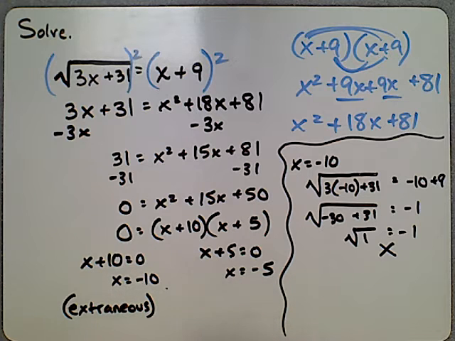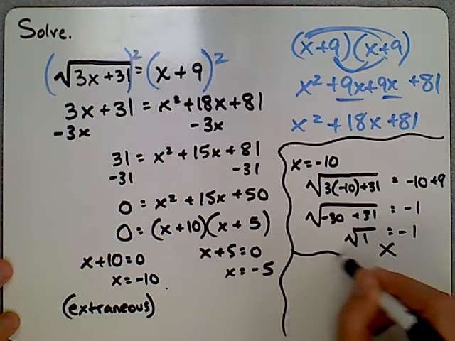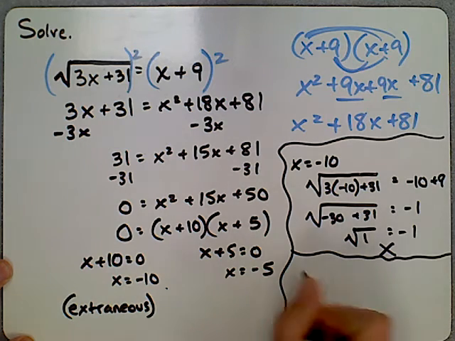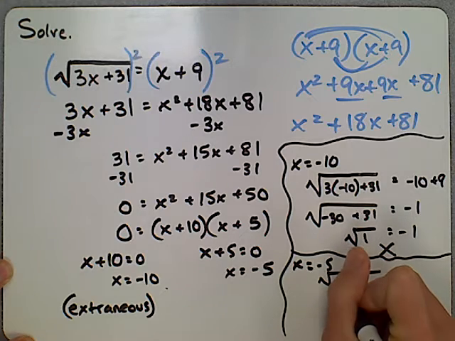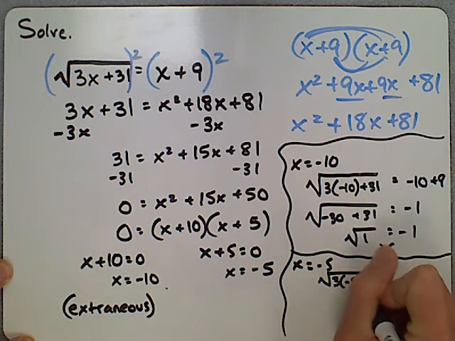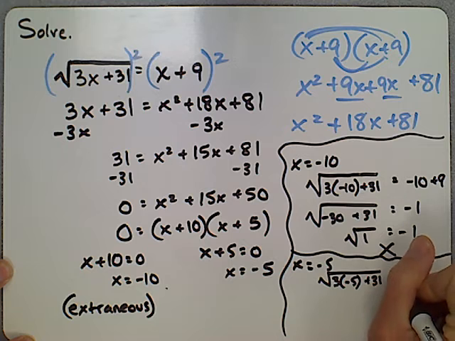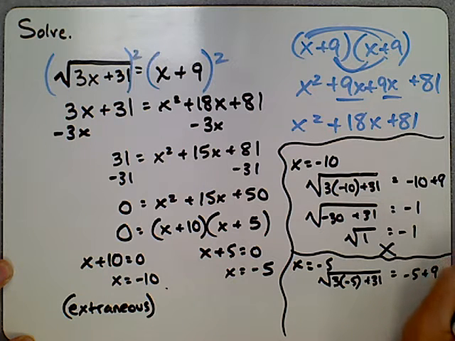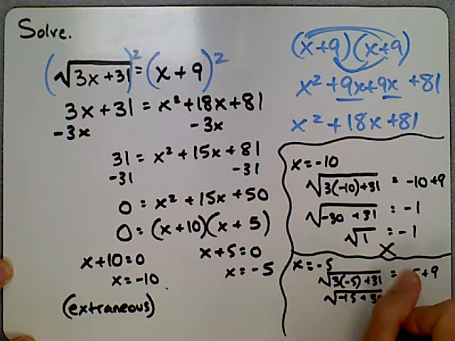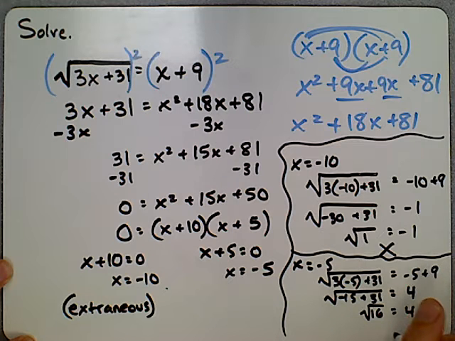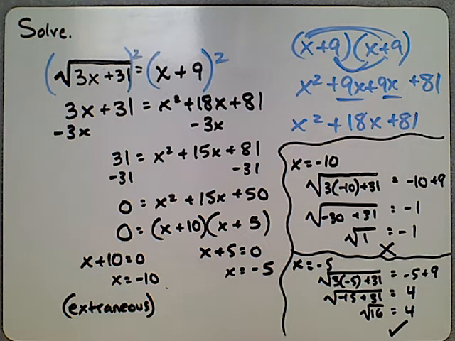All right, from that point, we want to check our negative 5 to see if negative 5 works. You again plug the negative 5 in everywhere you see an x. 3 times negative 5 plus 31 under the radical equals negative 5 plus 9. The right side becomes 4. Under the radical is going to become negative 15 plus 31. This is positive 16. Under the radical equals 4. The square root of 16 is 4 in this case, so we can give that one the check mark,